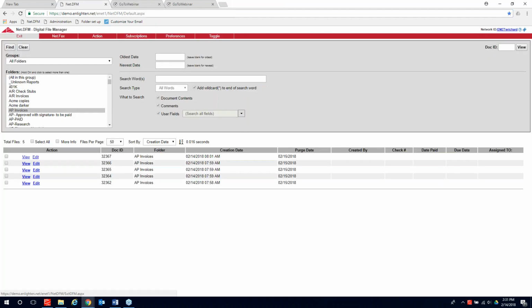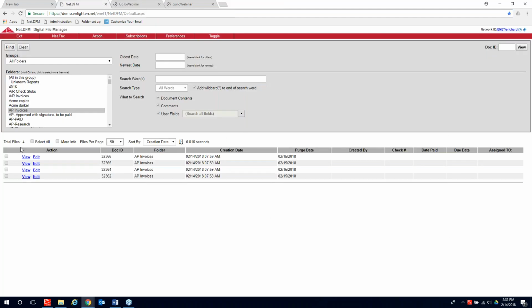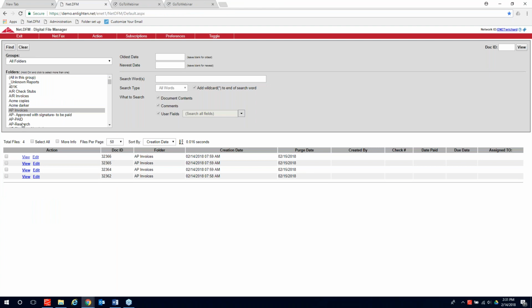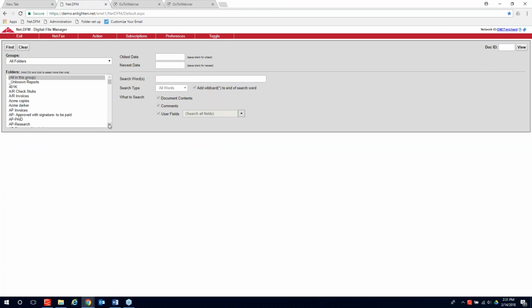Save that. And then we'll do one more. We'll move this guy for Tate. Let's move him to research. Save that. If I now go to, let me clear out of this, and I go to